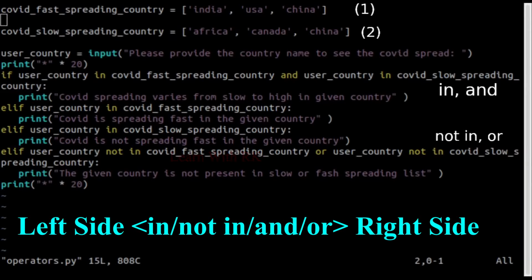The AND operator makes sure that both the right and left side conditions evaluate true. Once it finds that the left side condition is false, it will not evaluate the right side condition because anyway the result is going to be false. The OR operator always evaluates all the conditions and tries to find if any of them evaluates true.